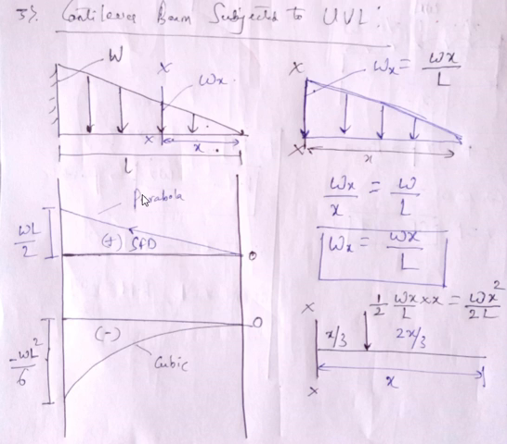This is a little bit of a tricky problem. See, for plotting shear force diagram and bending moment diagram, again we are going to consider the same procedure. That is, we are going to cut a section at XX, and from this section we are going to form shear force and bending moment equation. Now this is a diagram wherein there is a beam of length L. It is subjected to UVL having a load intensity W.